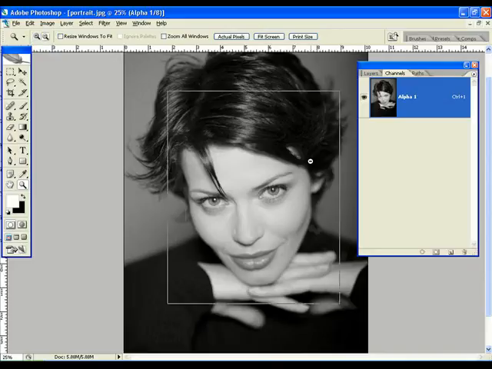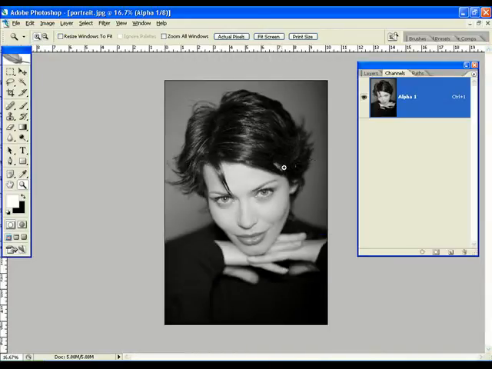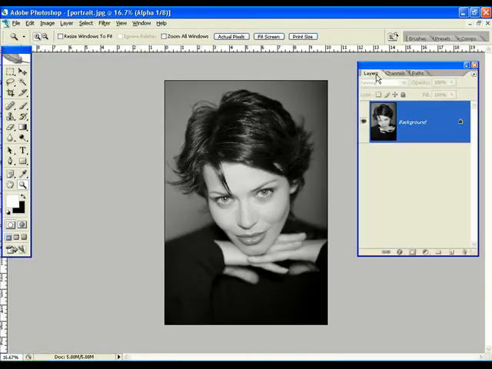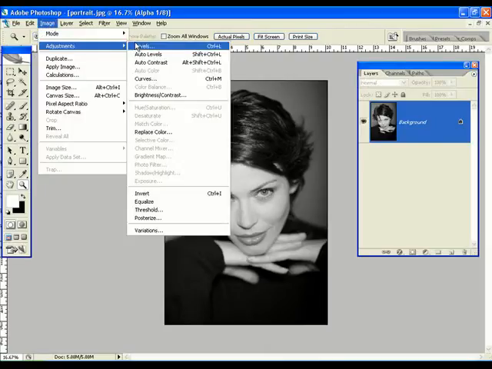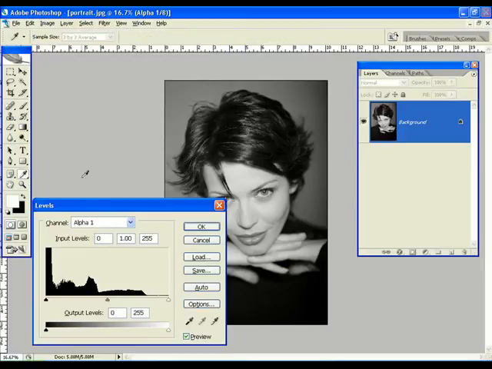So already that's given us a fairly punchy black and white image, but we still need to work on this a little. Remember, the reason why this is a black and white image now is because all we've used from the three available channels is just the lightness channel, and essentially that records the lightness value of the pixels throughout the image. We'll switch back to the layers palette now and simply move on to image adjustment levels,